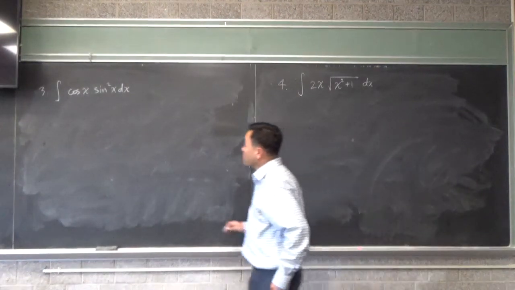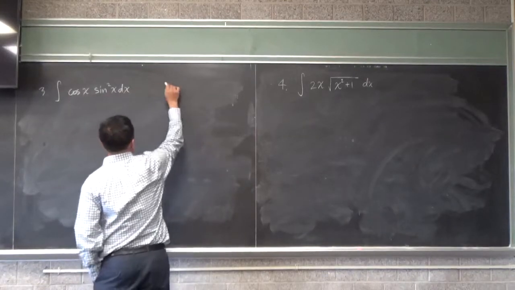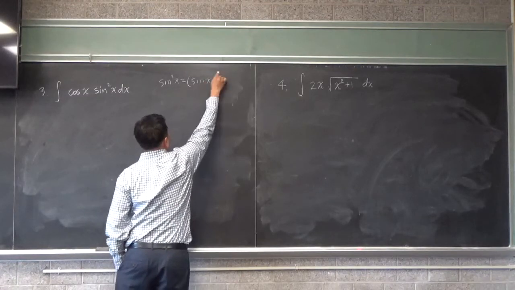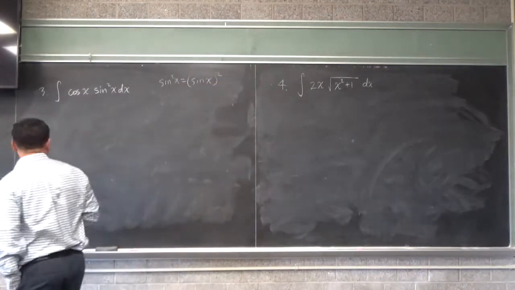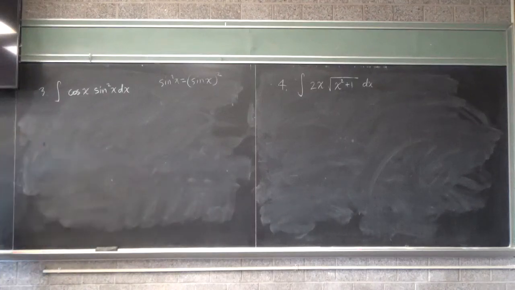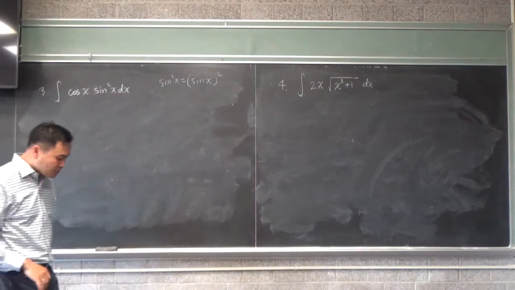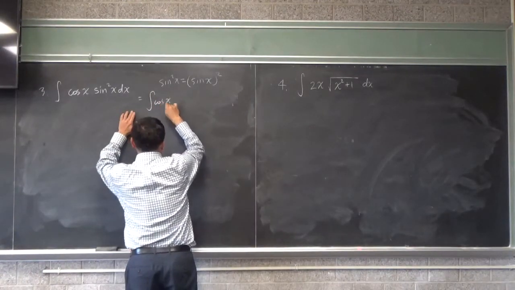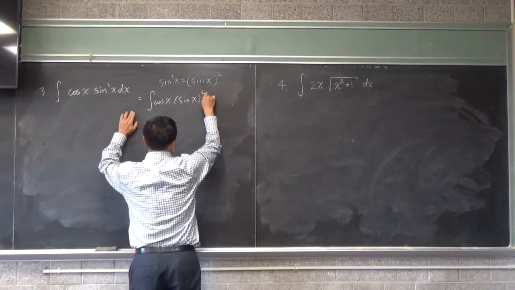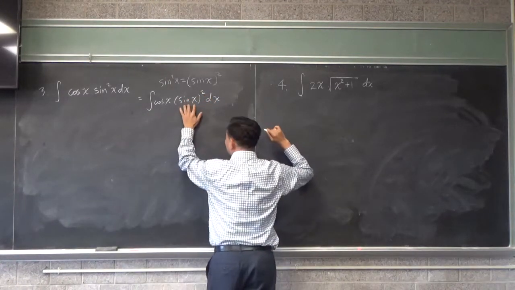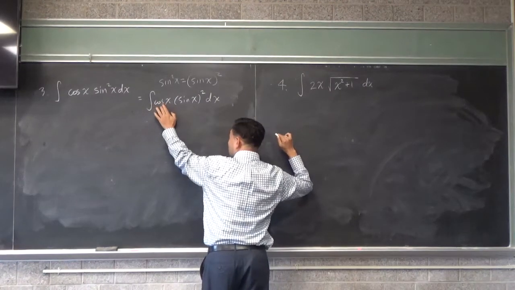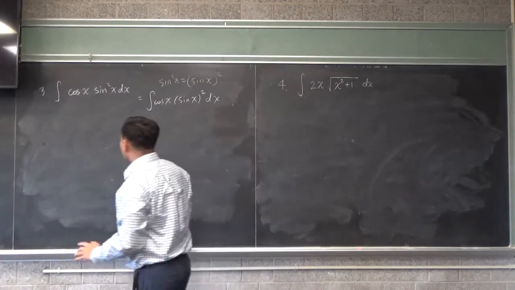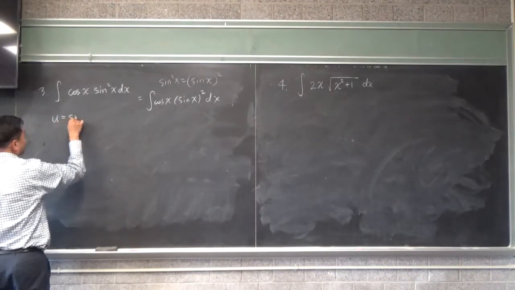Okay, so for this one, you have to know that sine squared of x is the same as sine of x squared. And if you didn't know, then it's hard to proceed. So that's absolutely essential. And then once you write it in terms of the integral of cosine of x times sine x squared dx, you see that the derivative of sine is cosine, so this must be an artifact of the chain rule, and this should be your u. Right? So you naturally choose u as sine of x,